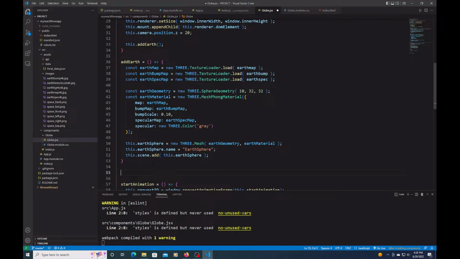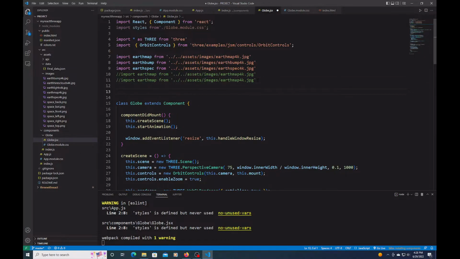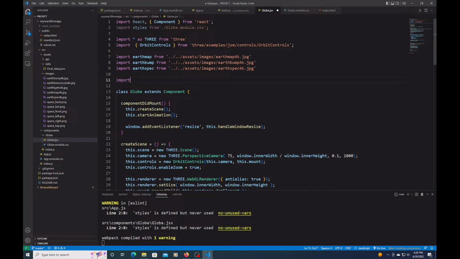Anyways, so now that I have my earth, I want to add my skybox, and because we have our skybox photos here, I want to add them now. But before I do that, I actually need to import the photos. So I'm going to import, actually I'm just going to get rid of this since we're not using that. Say import,